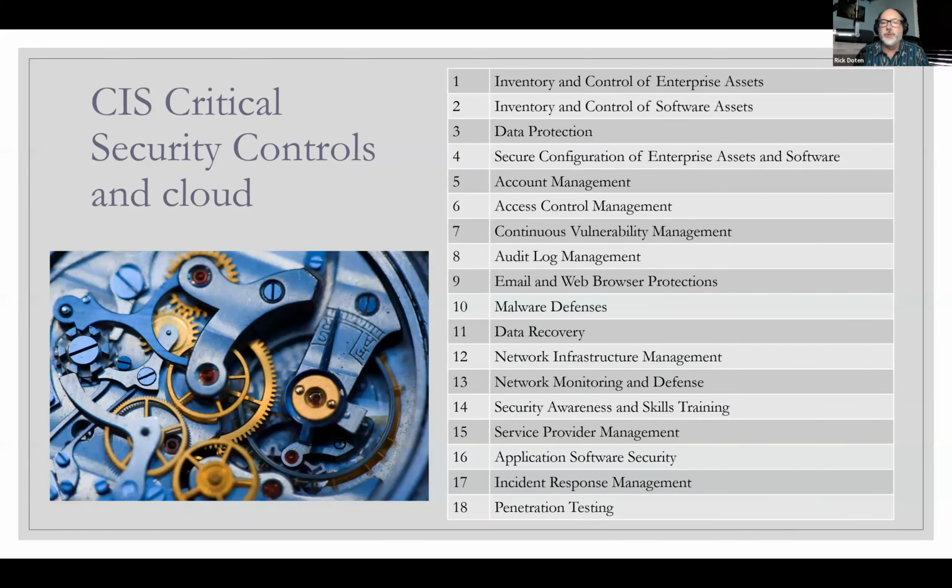This is the CIS Critical Security Controls. I'm on the editorial panel of this. I was part of the development of the last 5 versions, but with version 8, I spent a lot of time. We're actually working on 8.1 right now for next year. But these are the fundamental things that still apply to the cloud: asset management, data protection, configuration management, account management, vulnerability management, log management. You do the first 8, and those are all the basics. And these are all fundamental, foundational things.